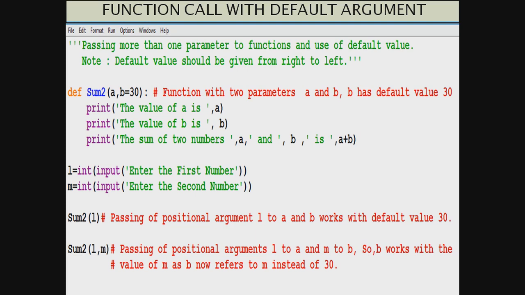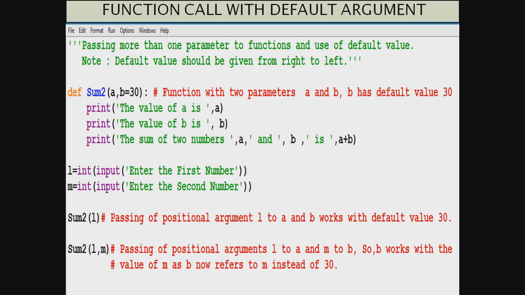Now see that L is getting a value from the user and M is getting a value from the user. Now we are first calling sum2 with a value L to be passed. That is, the argument has only one value to be passed. Now who is going to take the value? It is the duty of the positional argument system.